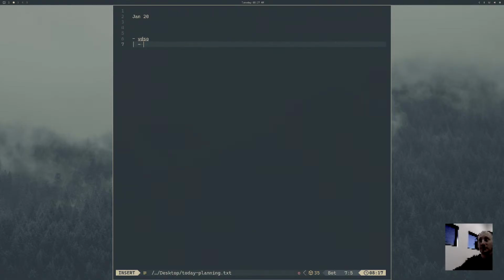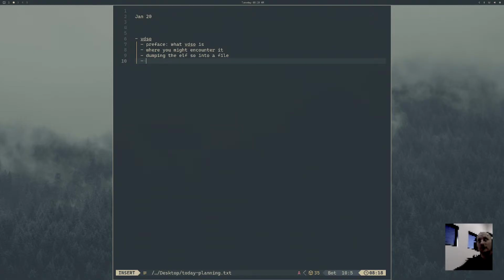So, preface: what VDSO is, where you might encounter it, dumping the ELF SO into a file,